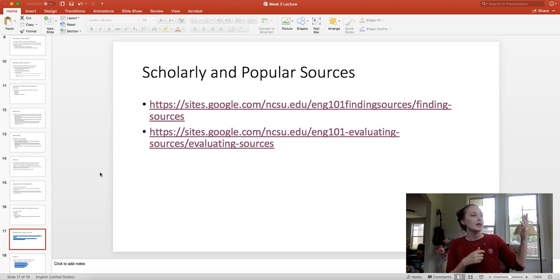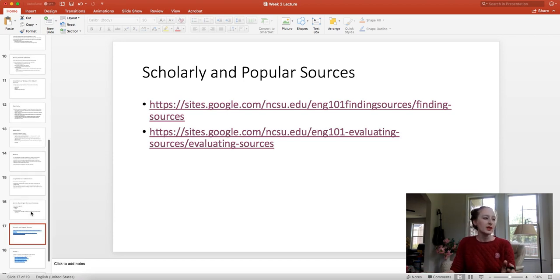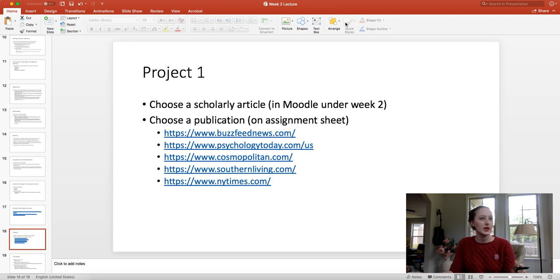So they will read an interesting scholarly article, hear about it, go read the journal, the report the scientist made, and then write it in a way that the general public, so a reader of the New York Times or Cosmopolitan magazine, can understand. It's going to leave out a lot, like the methods, because the general public probably doesn't care about the methods section. They're probably going to focus on the introduction, so the context, and then the results and the discussion. And we're going to talk about that more.